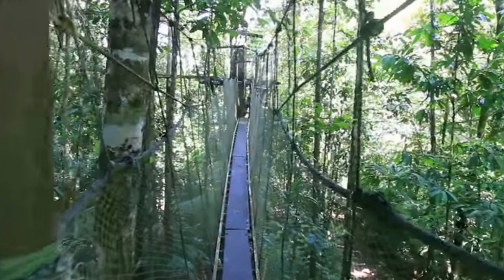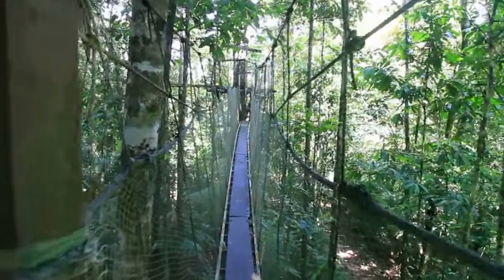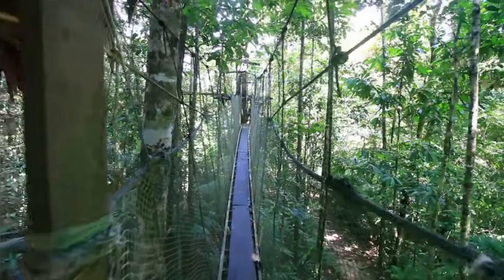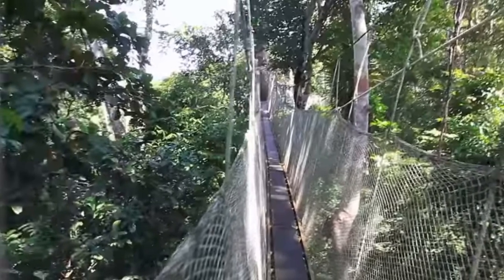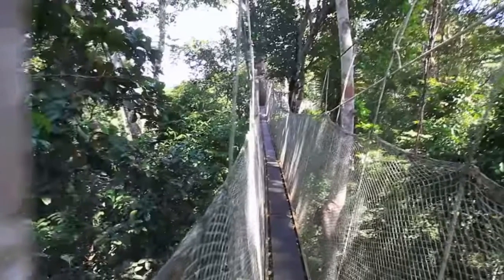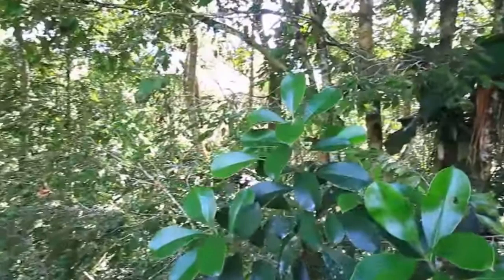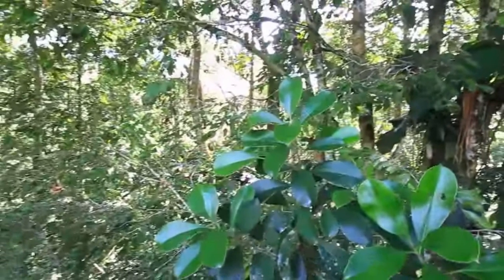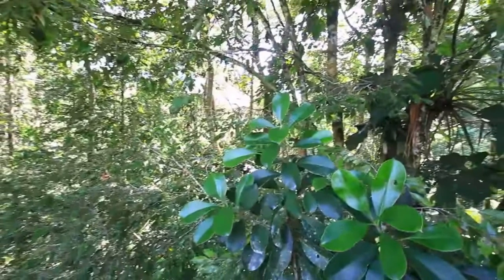The Iwokrama Canopy Walkway is based at Morro Sparu, near the southern boundary of the Iwokrama Reserve. The walkway is owned by the Iwokrama International Centre and is managed by Community and Tourism Services (CATS). This is a partnership of the indigenous Makushi community of Surama and 2 private sector companies, providing a unique model